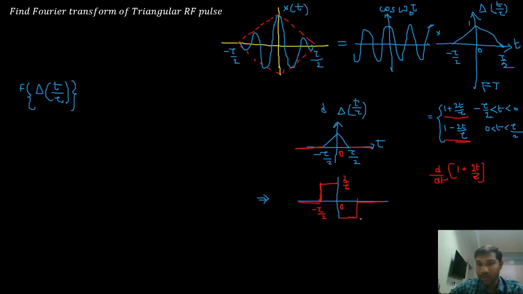Here it's going to be minus 2 by tau, and the range, the x-axis is going to be plus 2 by tau. This is my differentiated version, that is d by dt of